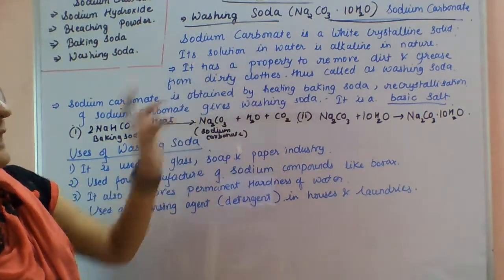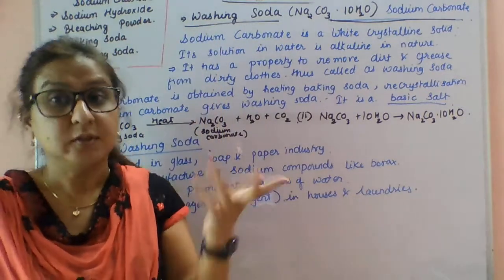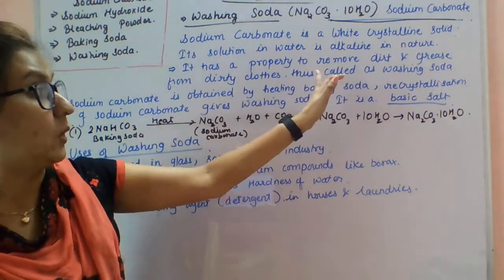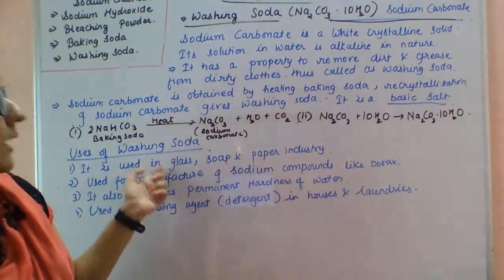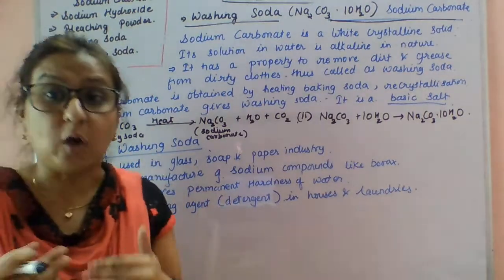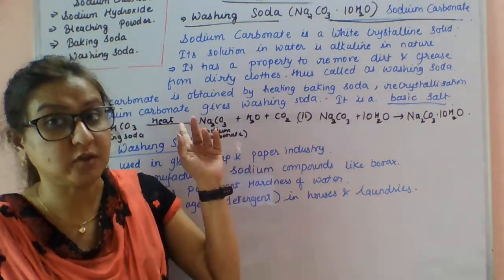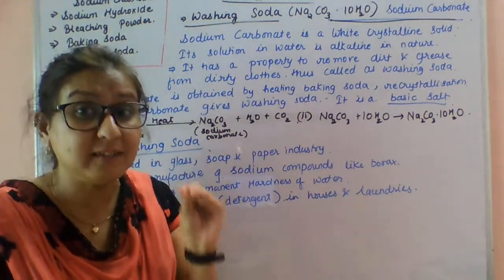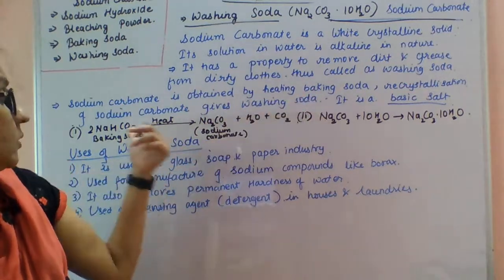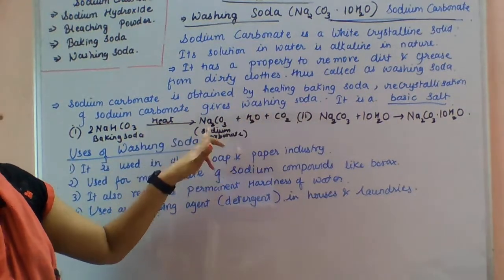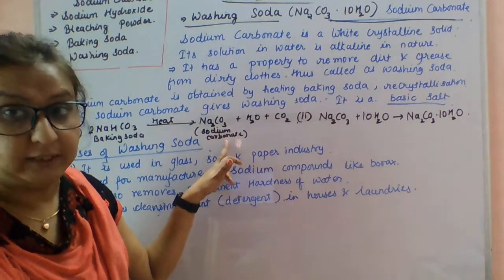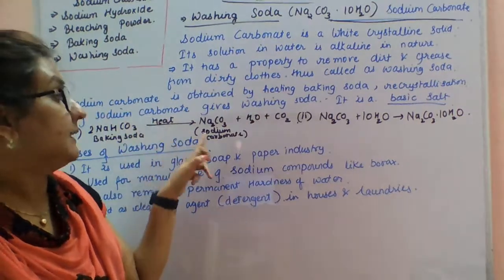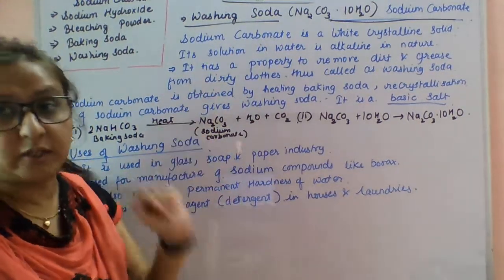Obviously, since it is washing soda, its property is to remove dirt or grease from dirty clothes, and hence it is called washing soda. How it is obtained, I explained in the last topic: when you heat baking soda, it will yield sodium carbonate, that is washing soda,